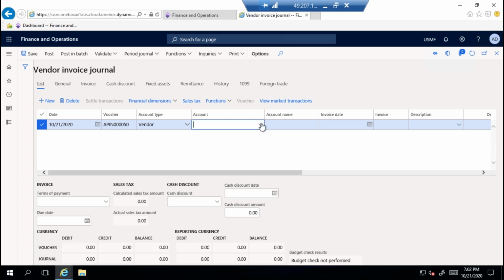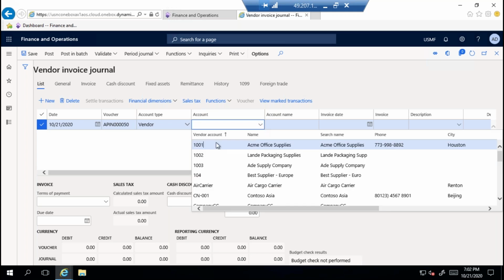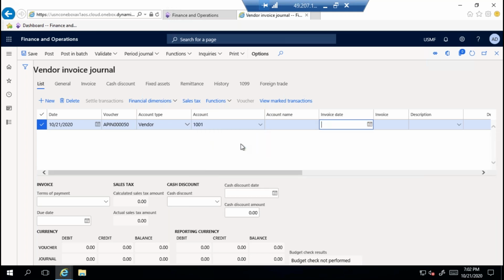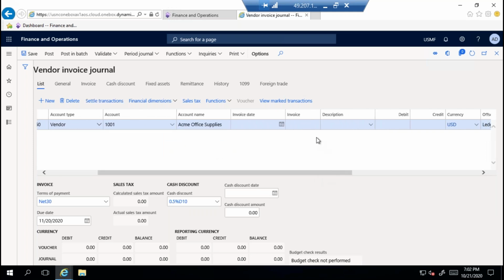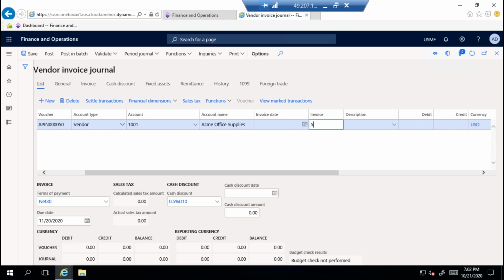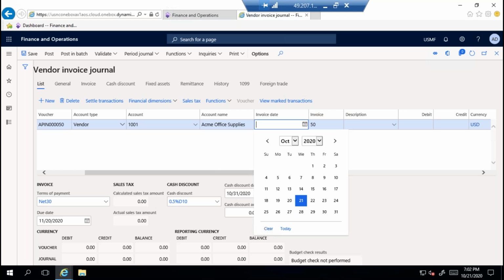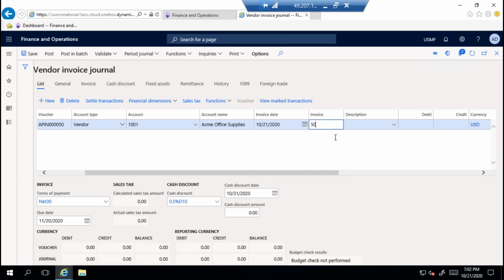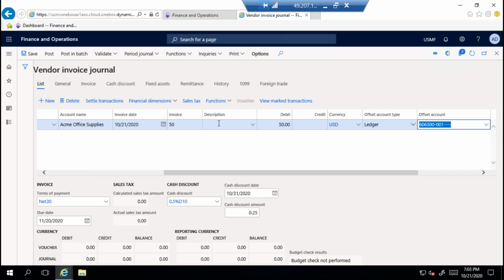And you need to select the vendor account, for which vendor you are going to do the invoice. For one vendor, 1001, I'm selecting. Okay, so the invoice number, because you have received an invoice, that invoice number you need to enter, and the invoice date. Okay, what is the amount? Suppose I have purchased water bottles from this vendor, 2 bottles. I can write the description, 2 water bottles,